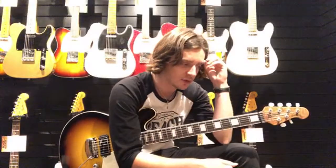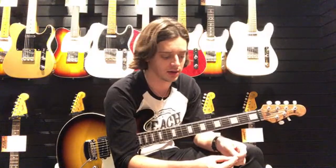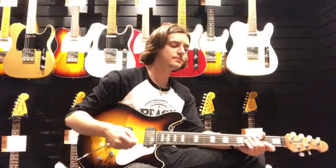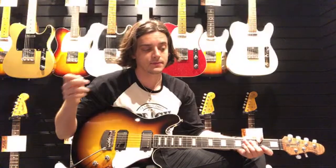Rob Brady says, do you ever experiment with different picks, size, shape, material, or do you stick with one type? I actually do, and it's the one thing I change the most, is the type of pick I use. I'm pretty settled at the moment on these Dunlop Flex 73mm. I like thinner picks, generally. I was playing 88s for a long time. I used to play Jazz 3s quite a lot as well, but I found that 73s are the best balance